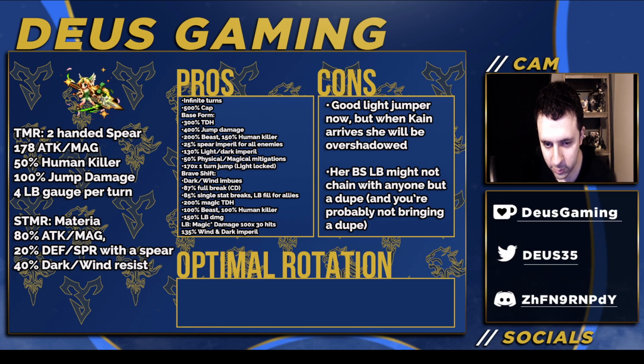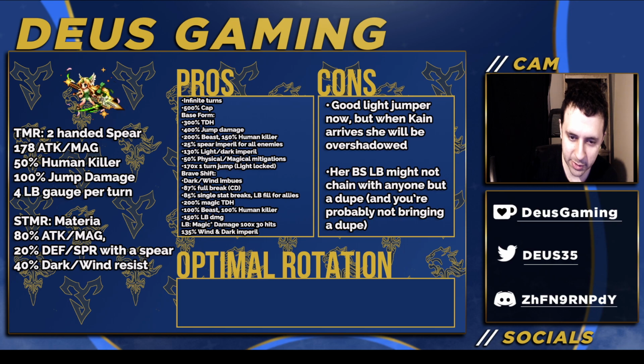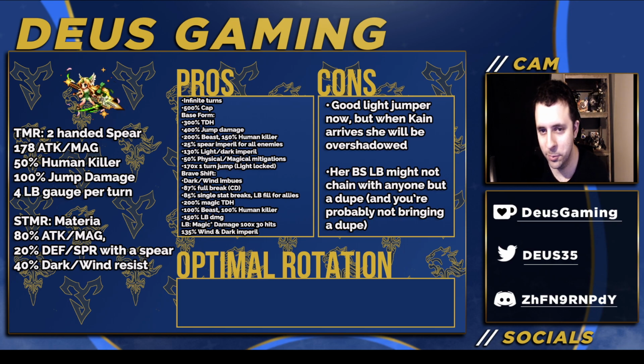87% full break on cooldown, okay. 85% single break, so she has like attack breaks on a single ability, defense breaks on a single ability, and those give 5 LB gauge for all allies, and I know how useful that is a lot of the time. So